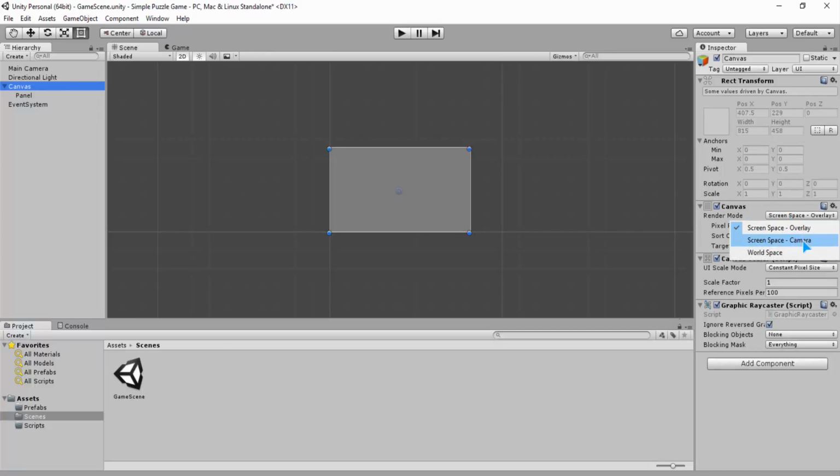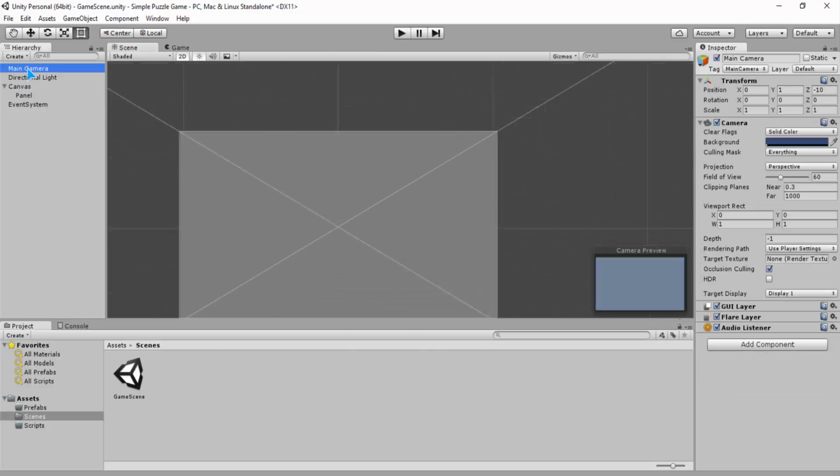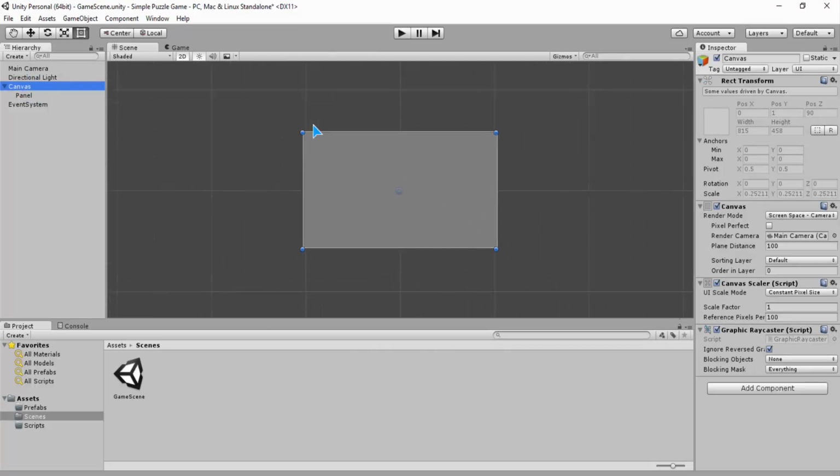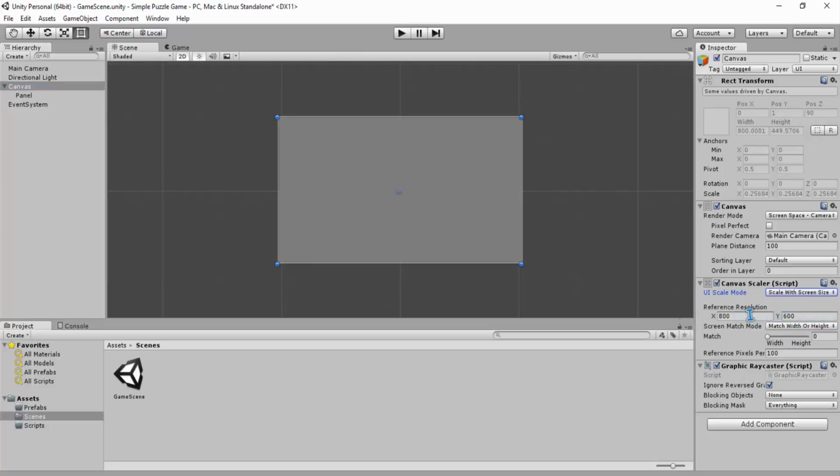We set the canvas to screen space camera, and we drag and drop the main camera to render camera, and for the canvas scaler we choose scale with screen size. This is the reference resolution.